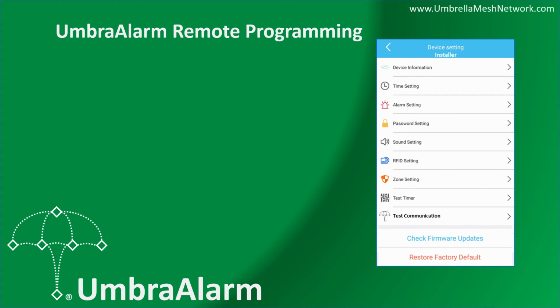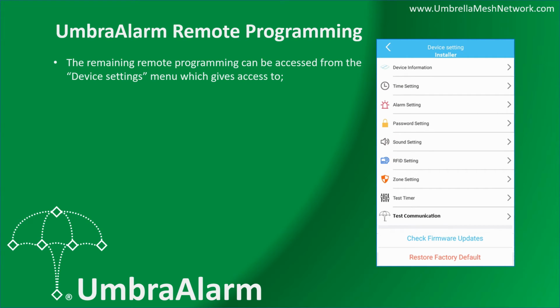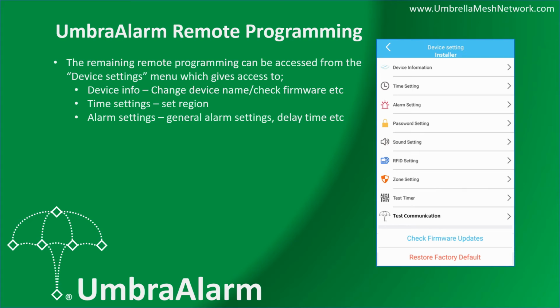UmbraAlarm remote programming. The remaining remote programming can be accessed from the device settings menu, which gives access to device info for changing device name or checking the firmware, time settings for setting the time region, alarm settings for general alarm settings such as entry delay, exit delay, etc., password settings for changing the installer code when logged in as installer,